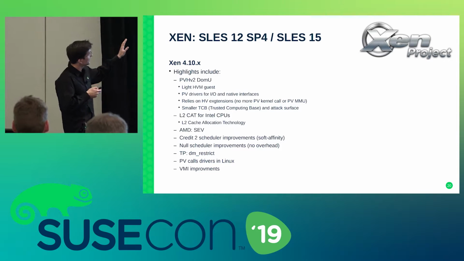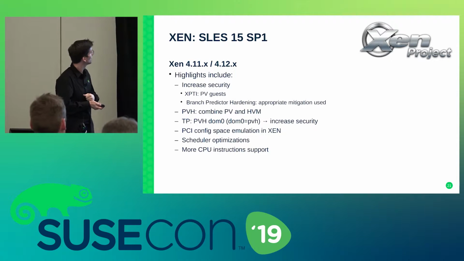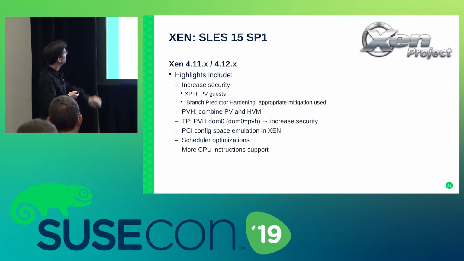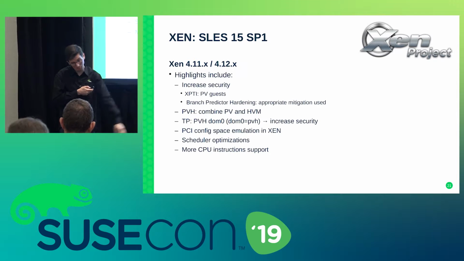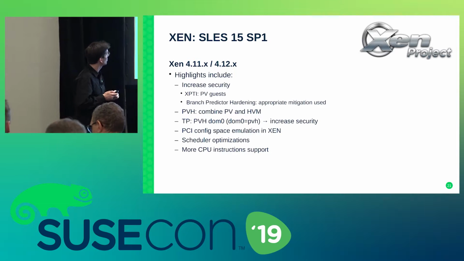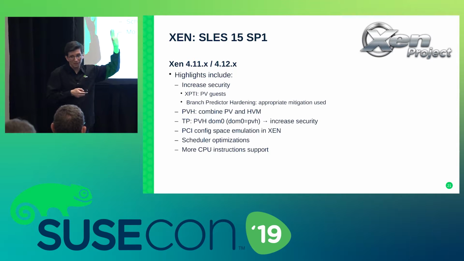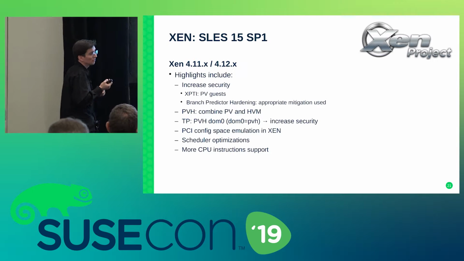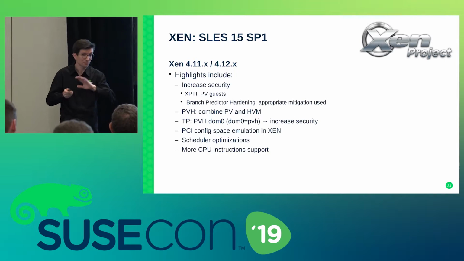So you can see that Xen, since 4.10, is working on getting a more secure hypervisor, increasing security. So XPTI: you know PTI, page table isolation, done by the kernel, KPTI. XPTI is the same for Xen. So you isolate the user space you will expose inside the guest. And branch predictor hardening, this means that due to the complexity of all the security issues we've got currently, so you have Spectre, Meltdown, L1TF, etc., there is a lot of scenarios possible.